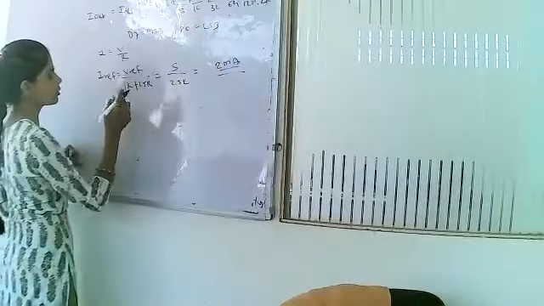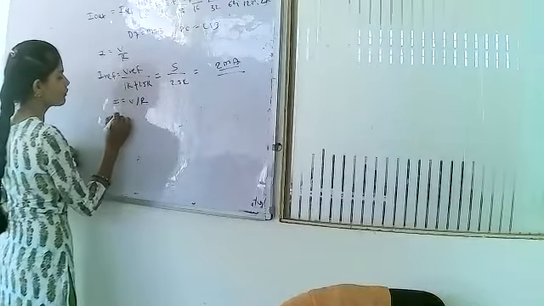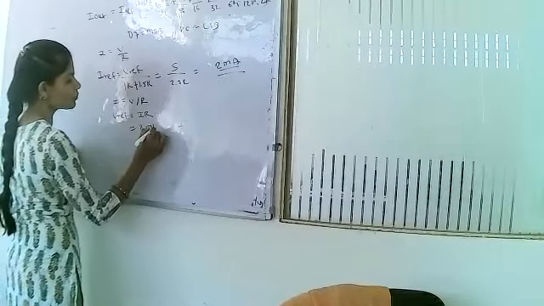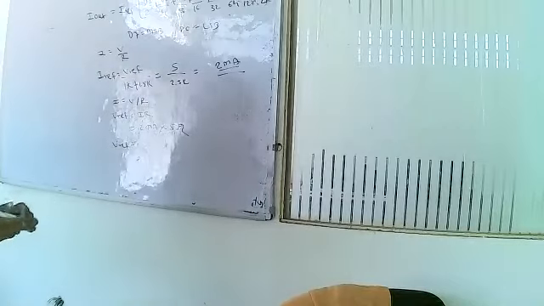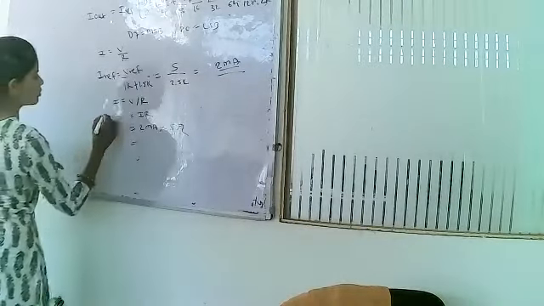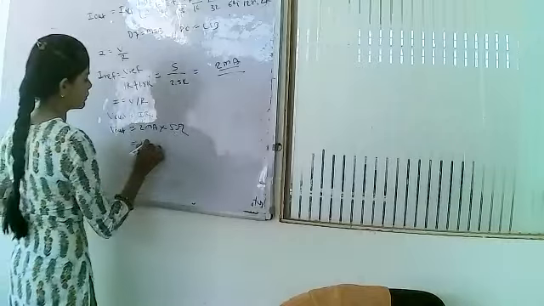The I reference current is measured in ampere, and the current is 2 milliampere. Then according to Ohm's law, I is equal to V by R. Here calculating V reference: V reference is equal to IR, where I is 2 milliampere and the resistance is 5K. Then the output voltage V out is equal to I reference multiplied by 5K, and this output voltage is 10 volt.